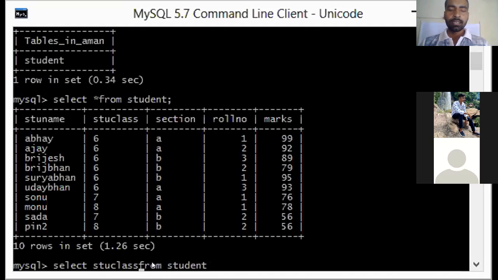So STU class, comma STU name, then comma count or sum. Any aggregate function we can write. Sum of marks. Select STU class, STU name, sum of marks, from student.